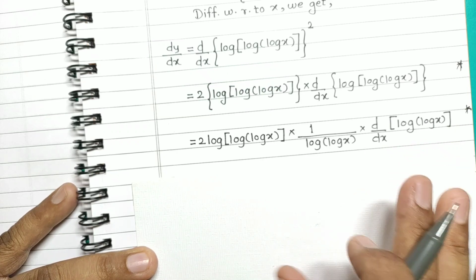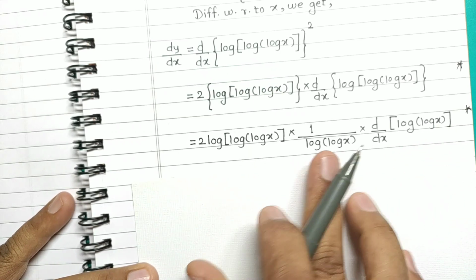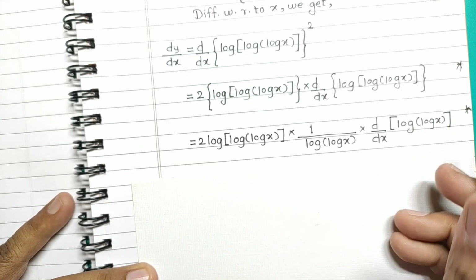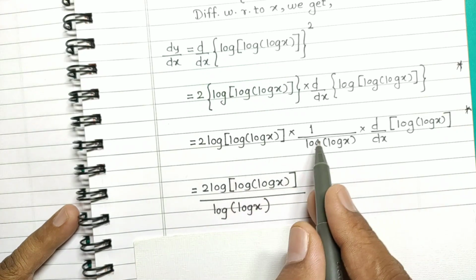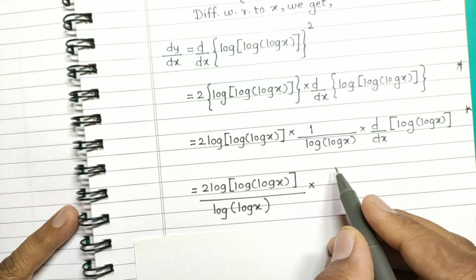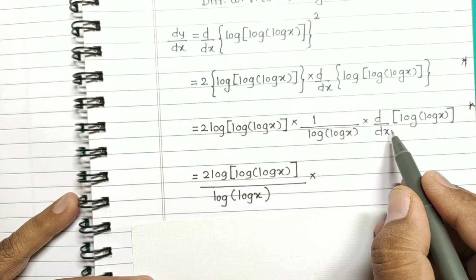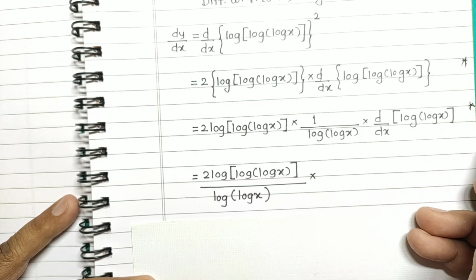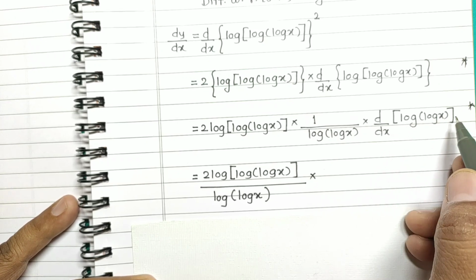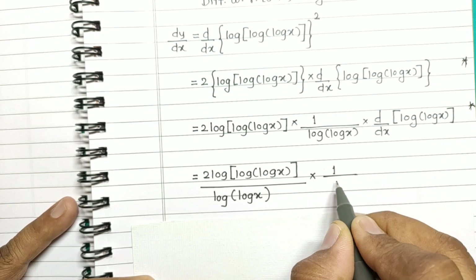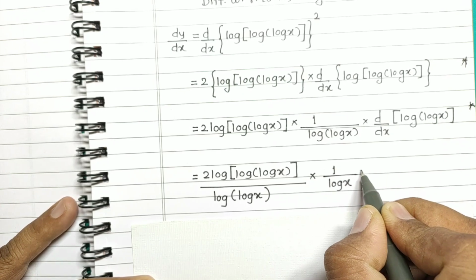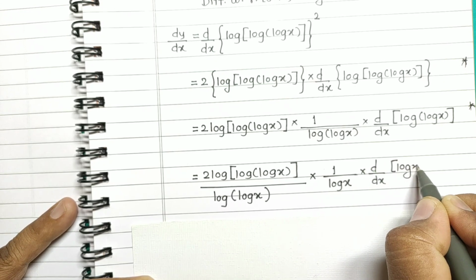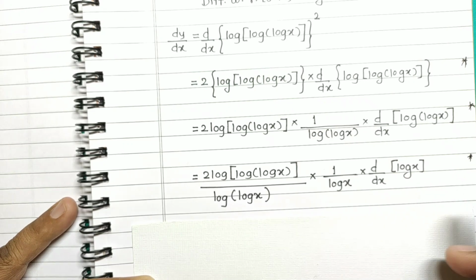Now to the next step, we write these two terms as it is, and we have to evaluate the derivative of this composite function log of log x. So let's write the first two terms as it is into, see, the derivative of log of something. Again it is like the derivative of log x, which is 1 upon x. So the derivative of log of something is 1 upon something, which is log x, into the derivative of something, which is log x. So again here we have used chain rule.